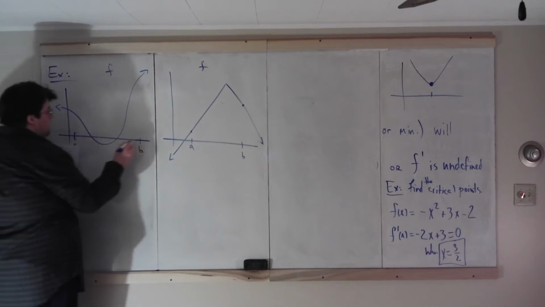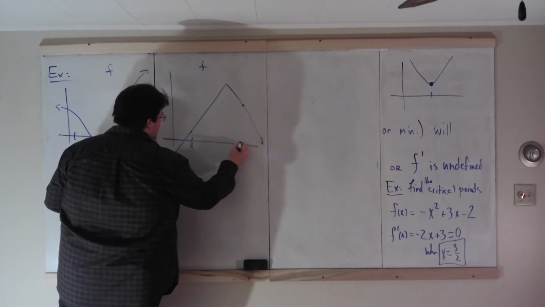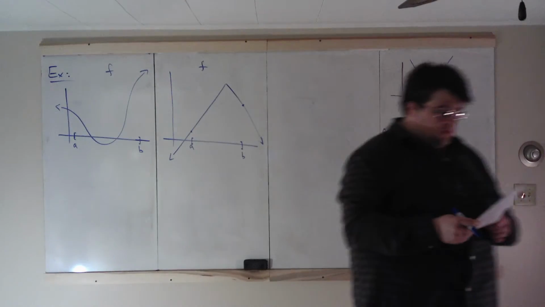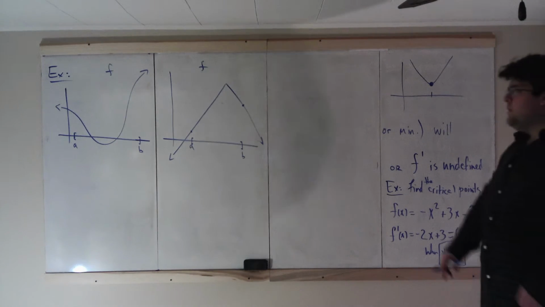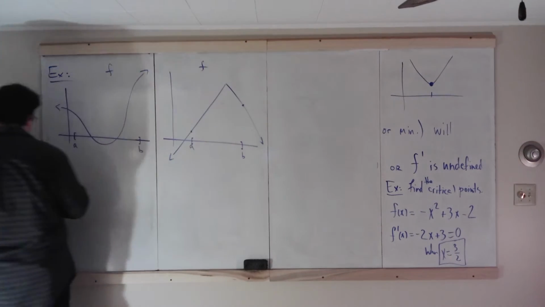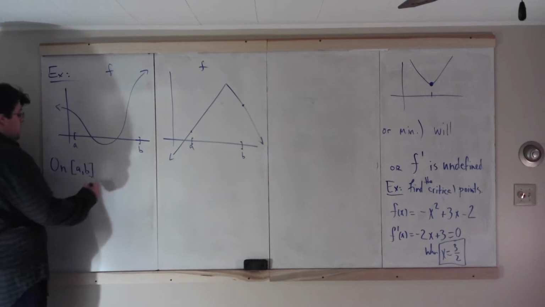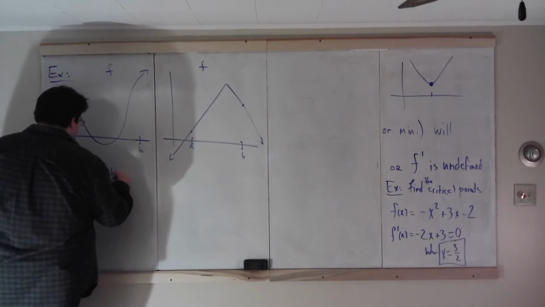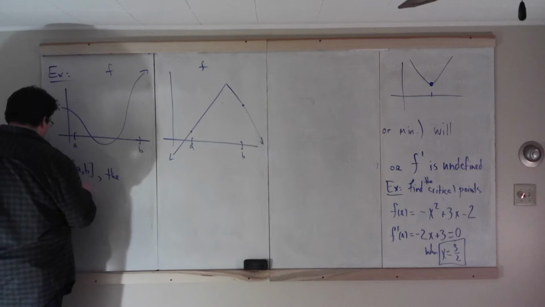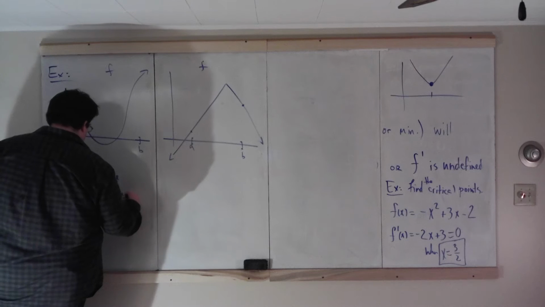I'm going to close that off for this example. It may be useful if you look through your notes later to note that I have closed them off, because that'll be consistent with the extreme value theorem. But where do the absolute maximum and absolute minimum on A to B occur? So on the closed interval A to B, the absolute, so now we're not concerned with local. We're looking at the absolute maximum occurs